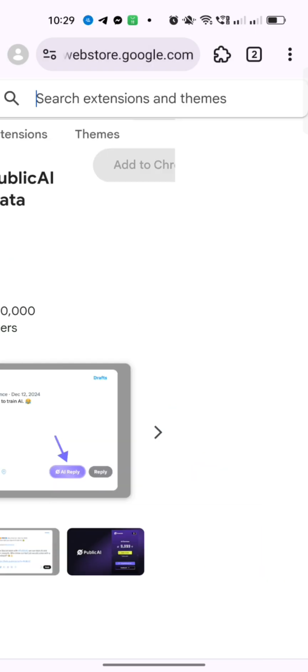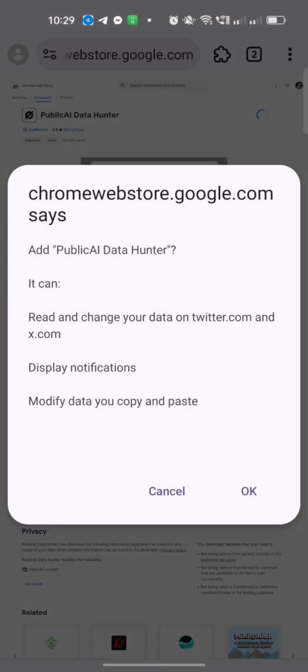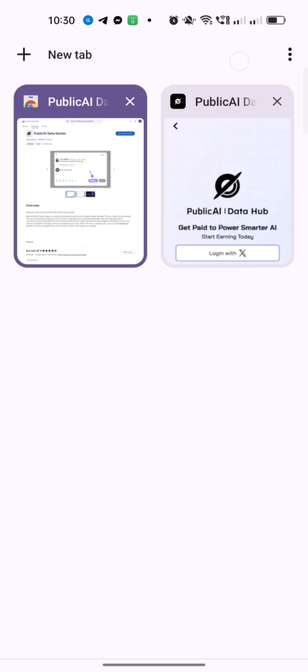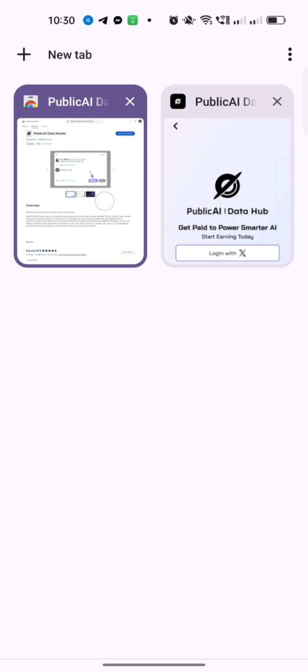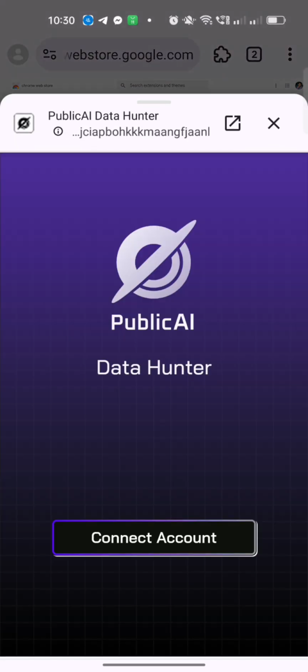Click on it and click Add to Chrome, this button here. Once it's added, go to the extension list, this button here. Click on it and choose Public AI Data Hunter. Okay, so click Connect Account.